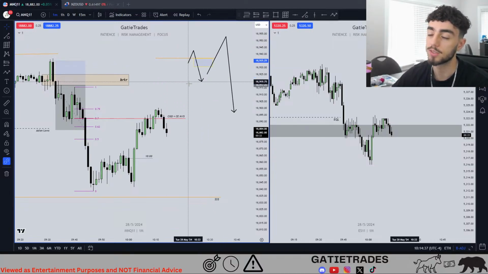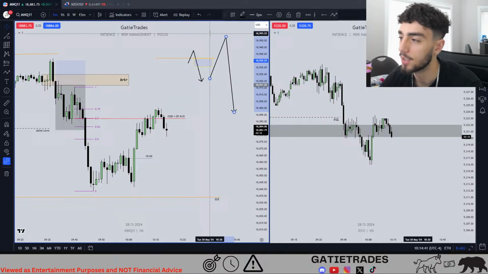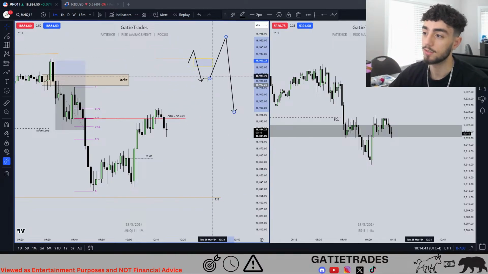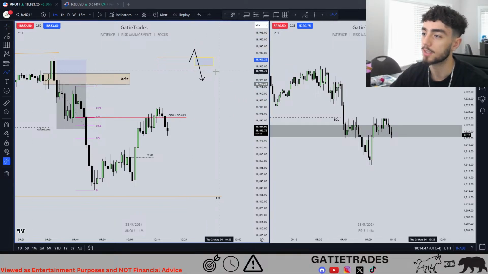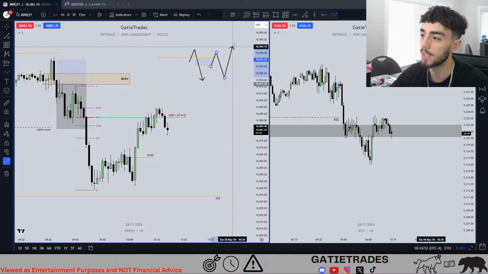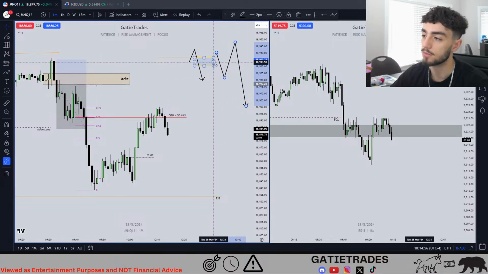So people see this as resistance, came back up. So for deeper stop losses, two reasons. When this phenomenon happens, that's just the breaker forming. It goes up, gives you a market structure shift fair value gap, which is fake, and then that's the real one. That's the breaker right there.